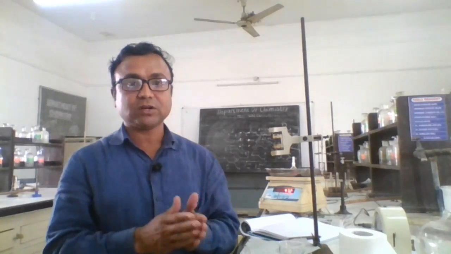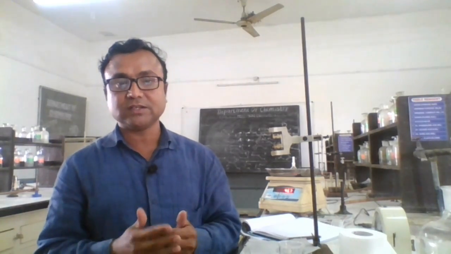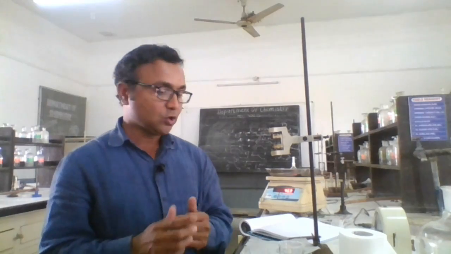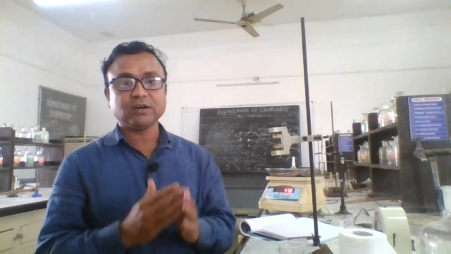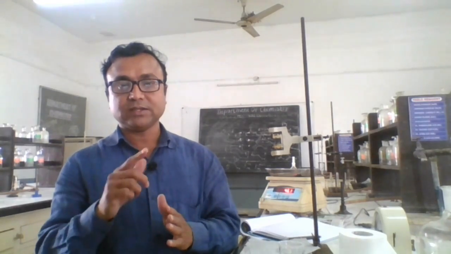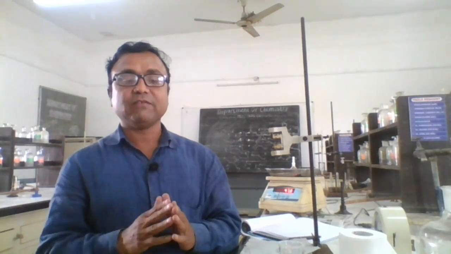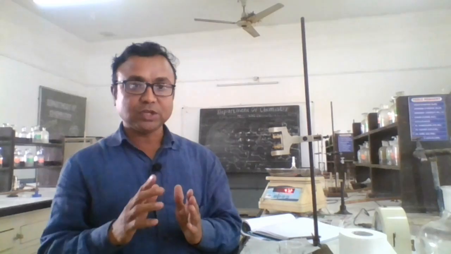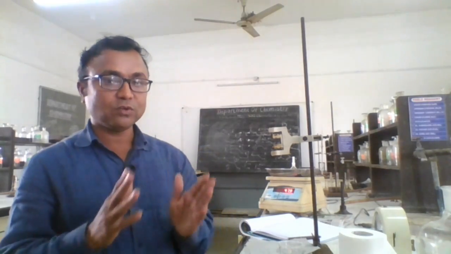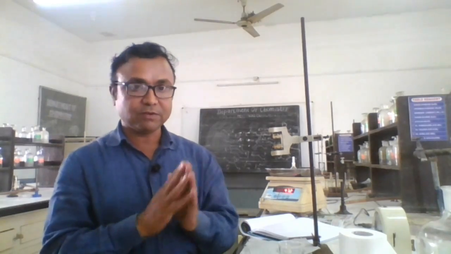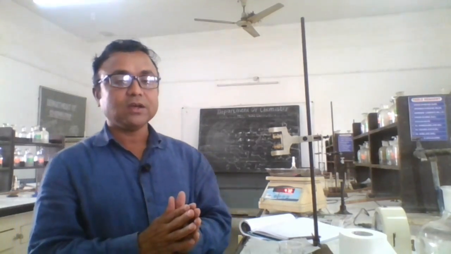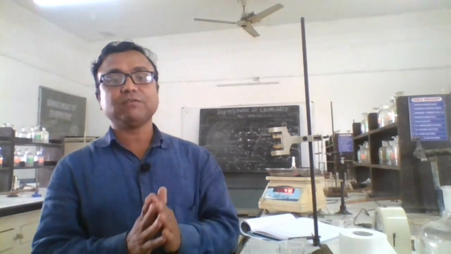By using these weights W1, W2, W3, we can easily find out the density of each liquid, water and ethanol, by using the known formula: density is equal to mass per unit volume. You have already recorded the volume of the density bottle, that is 25 ml, and you can get the weight of water from W2 minus W1, and the weight of ethanol from W3 minus W1. In this way you can find out the density of water and ethanol, which was already discussed in the previous video. So this is part 1, to find out the density of the two liquids, water and ethanol.